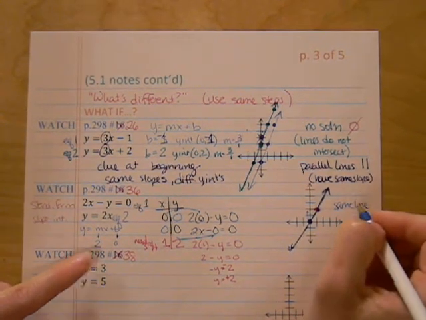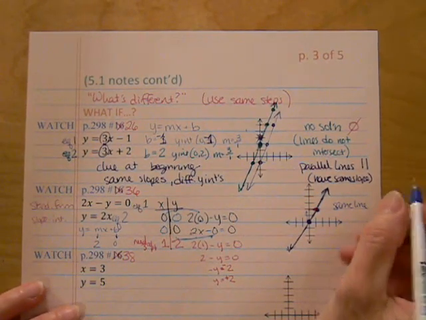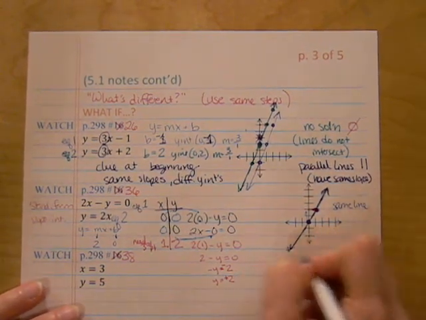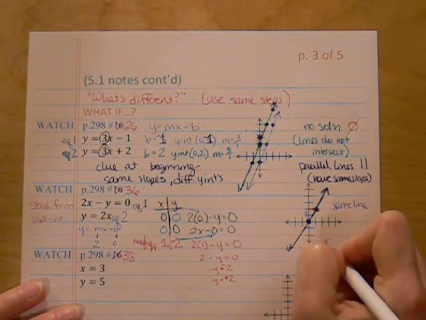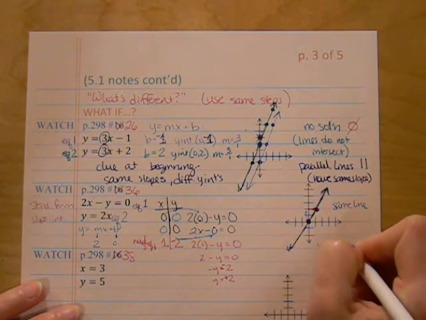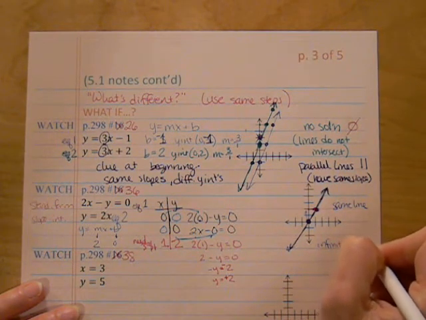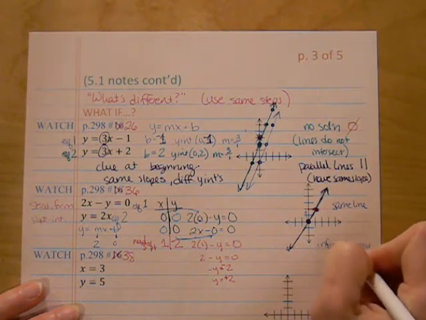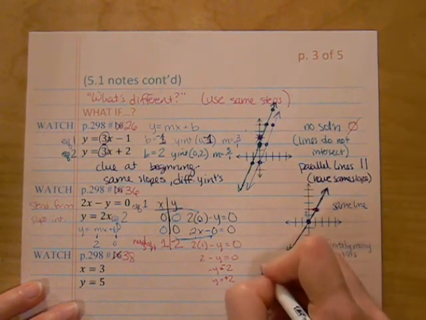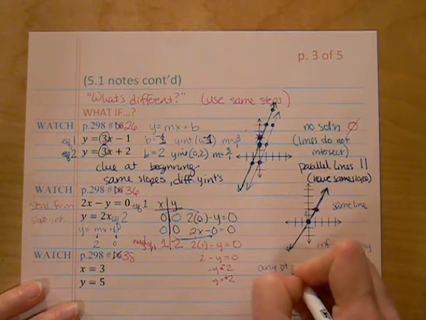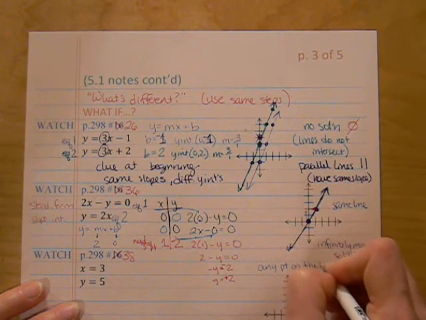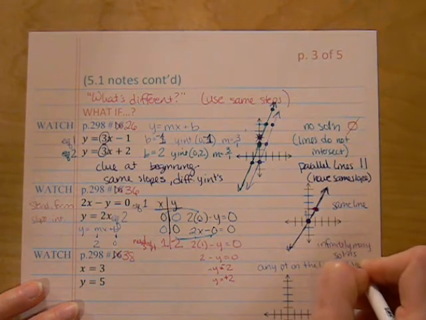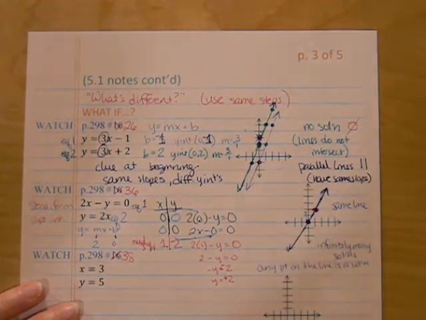And as you refer back to your notes, when you have the same line, that means there's an infinite number of solutions, or infinitely many solutions, all on the same line. Any point on the line is a solution. So as you write that in set notation,